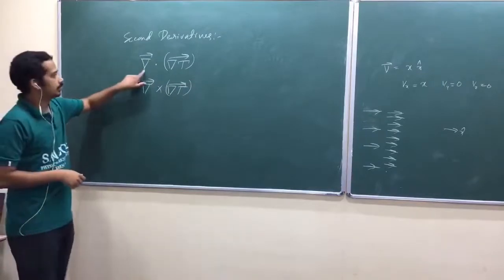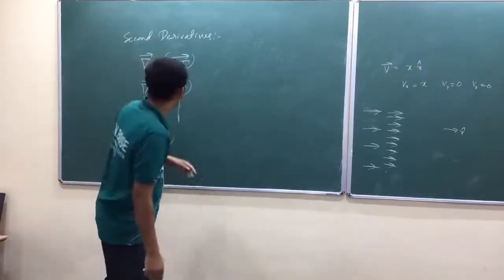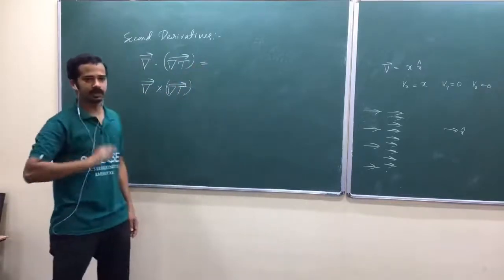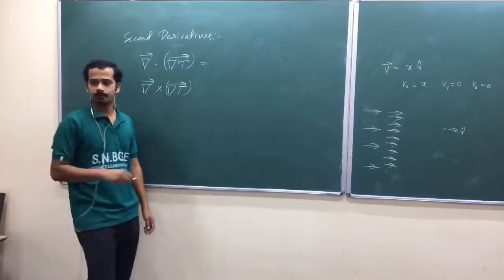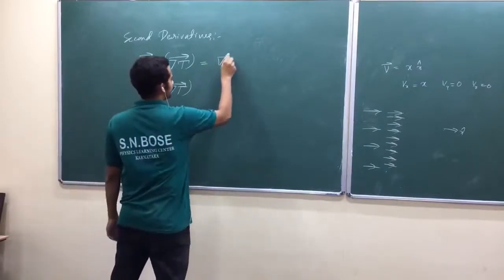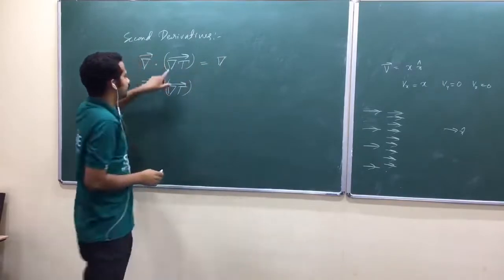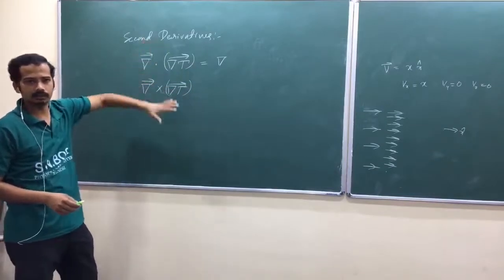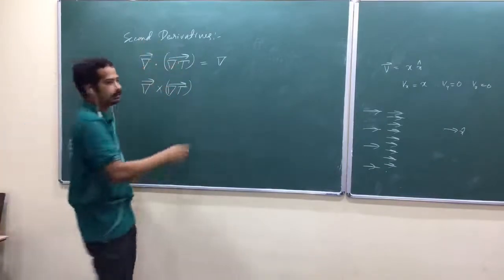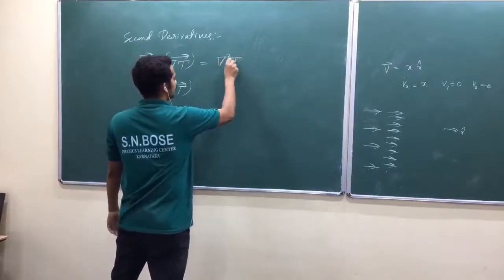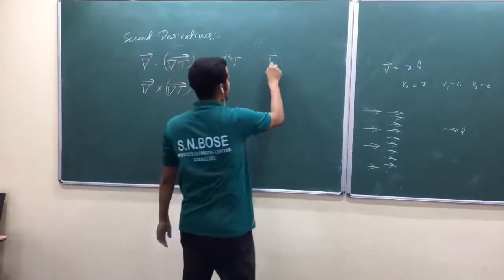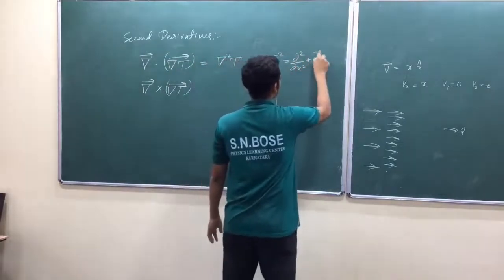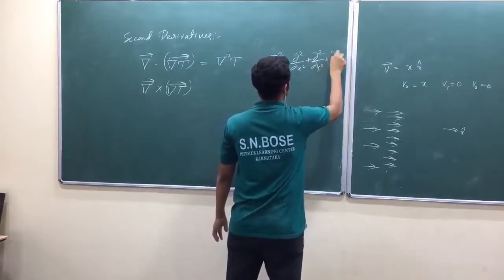We call this the divergence of gradient of t. We call this the curl of gradient of t. This one is a Laplacian. Again, you can prove this one. It will contain x cap, y cap, z cap, and dou square by dou x square, dou square by dou y square will happen. We call it del square of t, Laplacian, where del square is defined in Cartesian coordinates as dou square by dou x square plus dou square by dou y square plus dou square by dou z square.